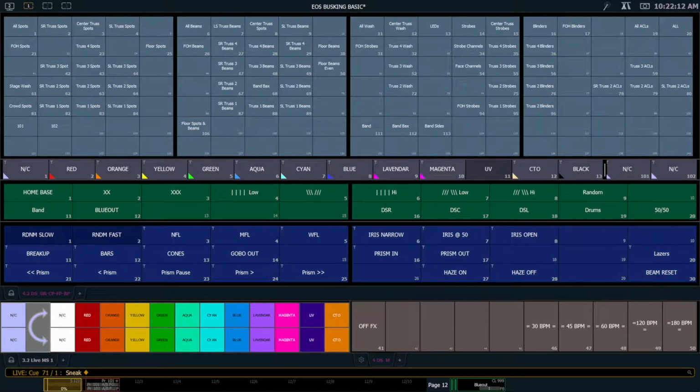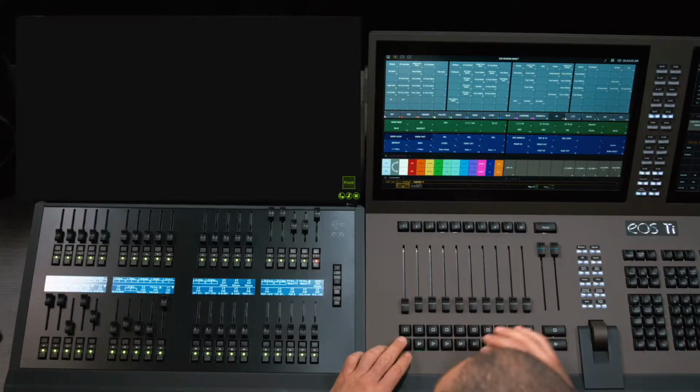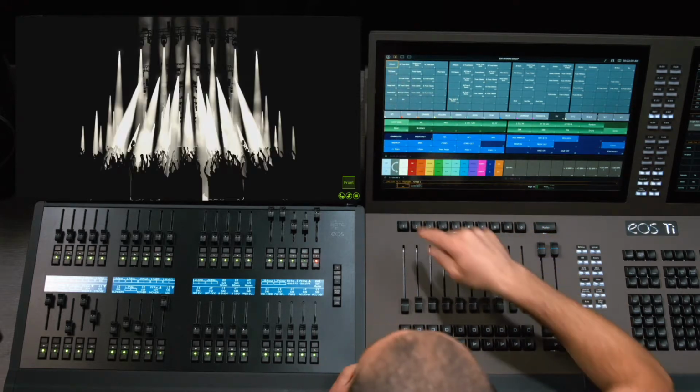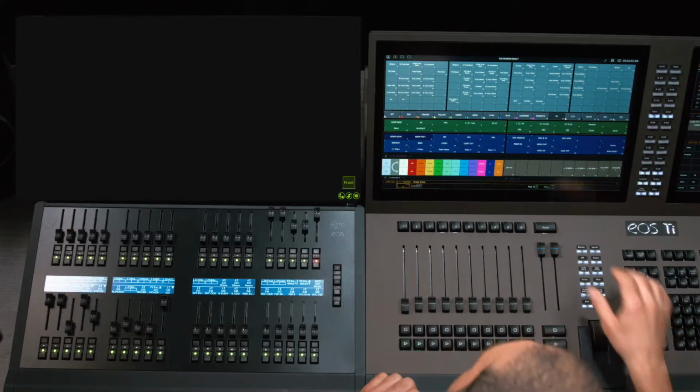First thing we want to do is go ahead and build our groups. And for stepping through these, I'll use the highlight tool. So I'm going to enable highlight by hitting the highlight button and then enter. And that's going to bring me into my highlight mode. And now as I step through these fixtures, I'll be able to see where they are. So for example, I have all my spot fixtures, I have all my beam fixtures, and I have all of